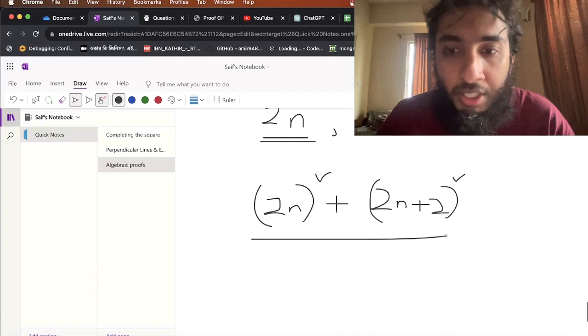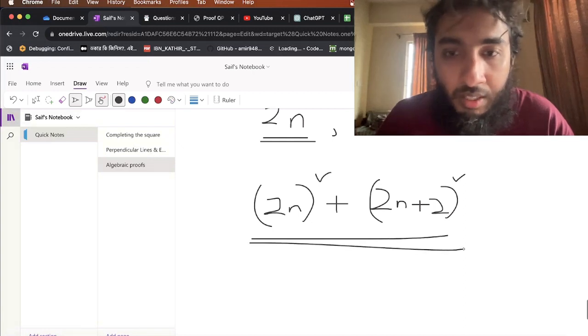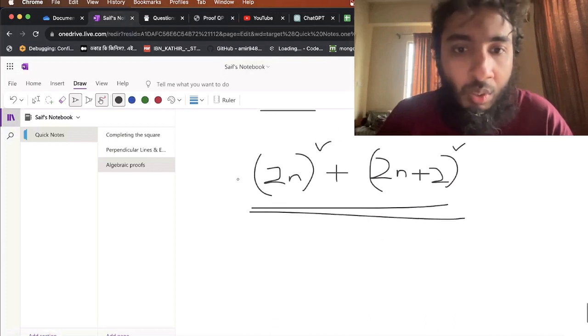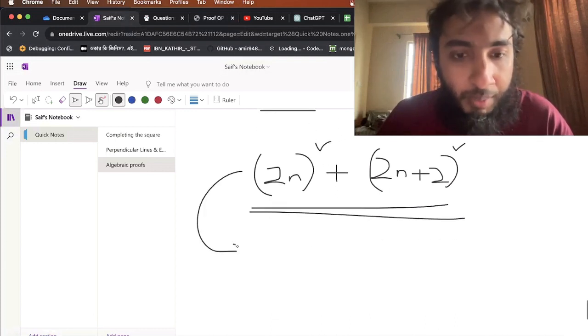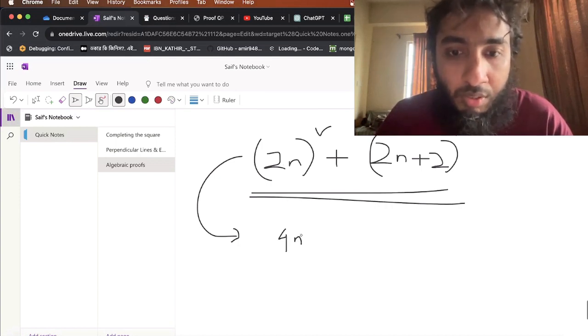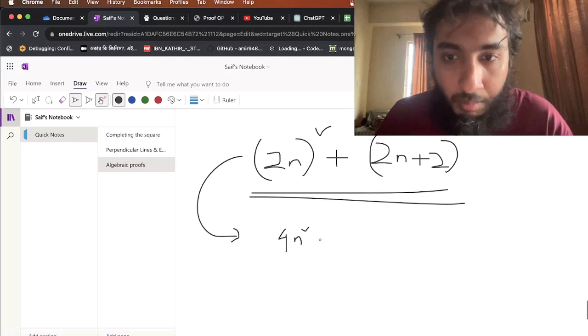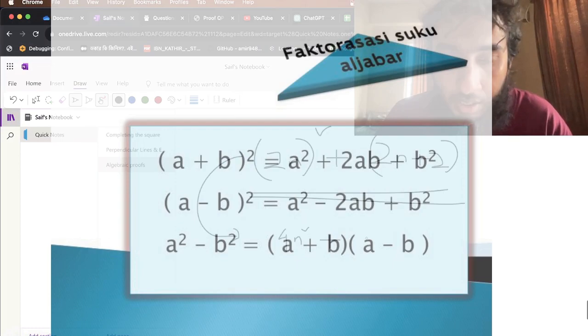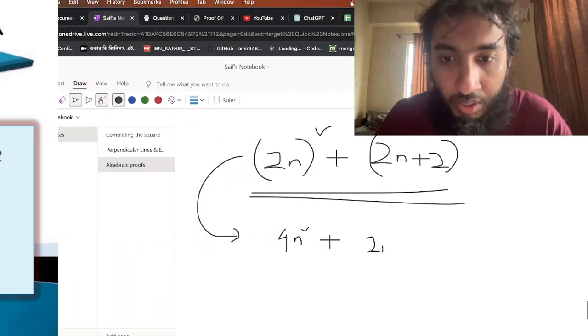This expression is always a multiple of 4. So what is this expression? If we simplify it, it has twice n whole square, which is 4n square, plus, if you use the formula of a plus b whole square, twice n whole square